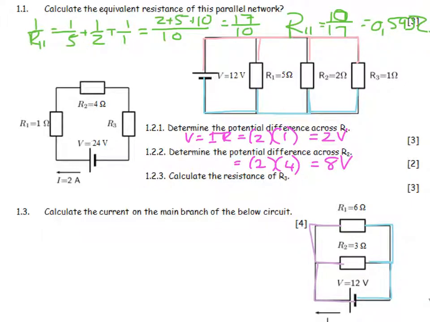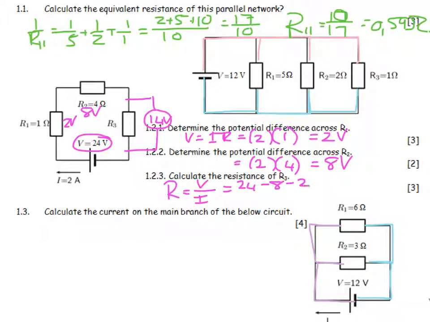What is the resistance then of R3? Well, you have got 2 volts over here, you've got 8 volts over here. The total voltage is 24, so you need to subtract 10 from there, which means that if I had a voltmeter over here, it would read 14 volts. So I need to say resistance is equal to potential difference over current, and the potential difference is going to be 24 minus 8 minus 2, which is equal to 14,